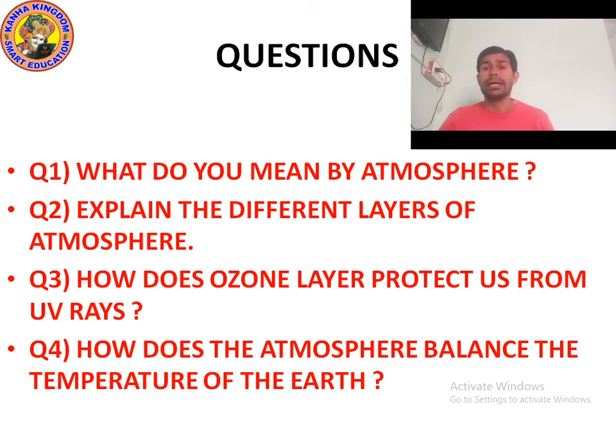If we talk about the length, it extends up to 15 kilometers from the earth. And what is stratosphere? Stratosphere is the layer just above the troposphere. Generally, planes fly in stratosphere. This region extends up to 35 kilometers from the earth, and the ozone layer is also found in stratosphere.